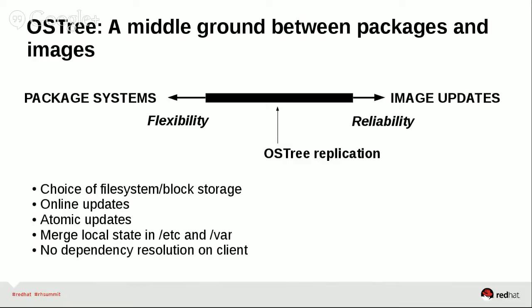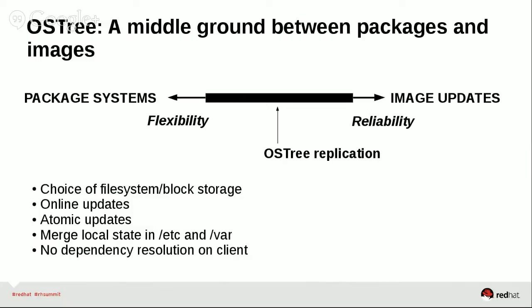So OSTree is kind of in between, because you have a choice of file system and block storage. You can use anything you want underneath it, and you have online updates. But unlike package systems, we give you a complete bootable file system tree as an atomic unit. But a little bit more like package systems, then, on the left-hand side,